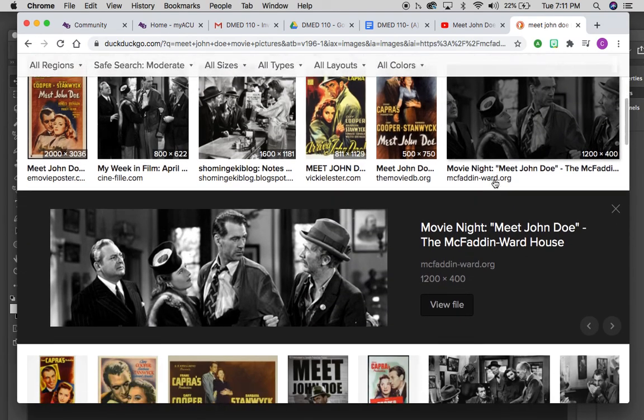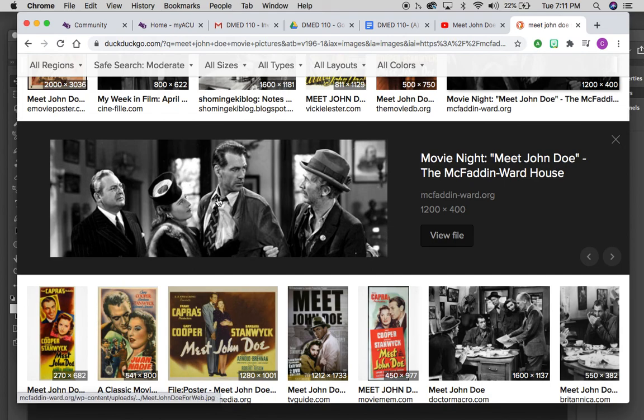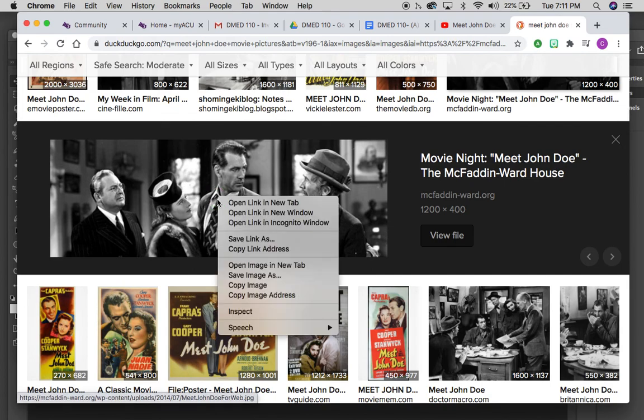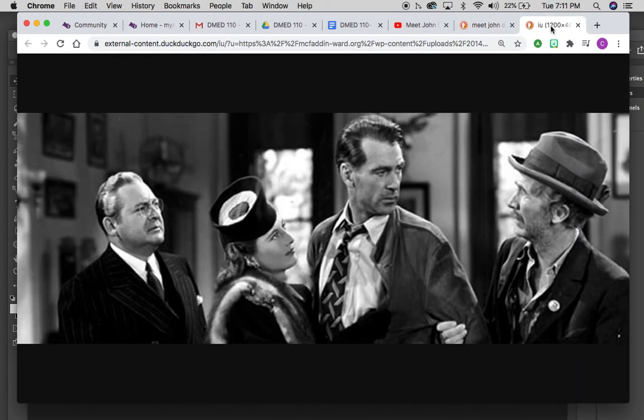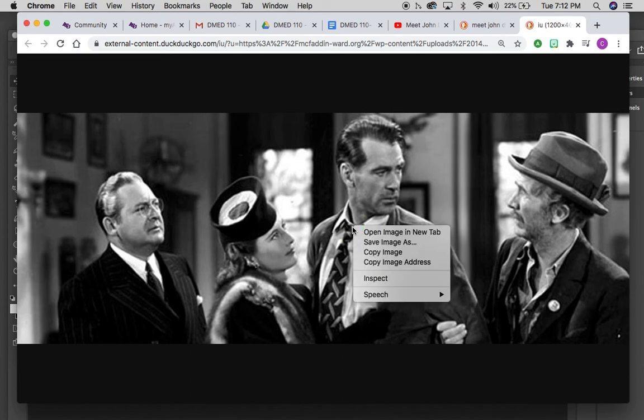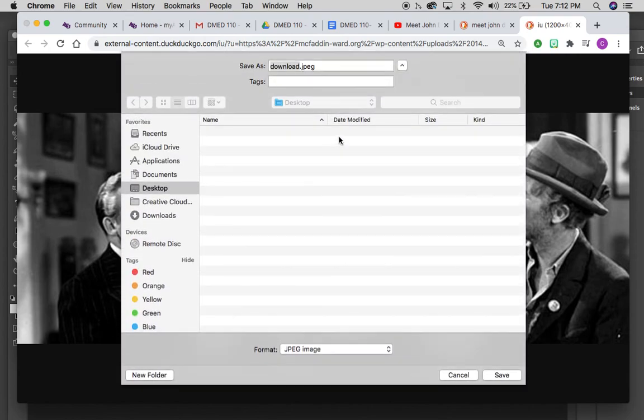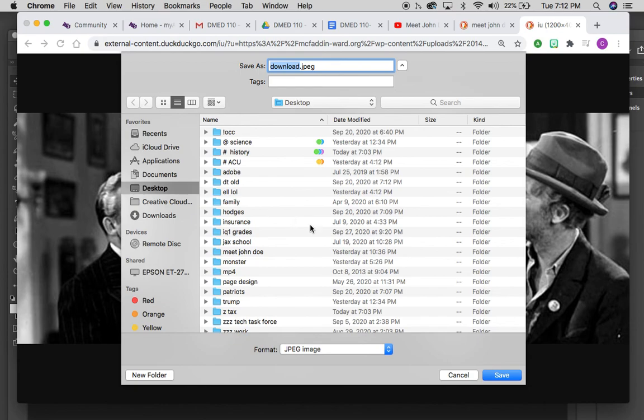If I could come down here and find another image, now this one might be okay. I can right click, save image as, and save it into my folder, or open this image in a new tab. Now that should show me a full size image here, so I'm sure I have a full size image. And once again, right click, save image or picture as, not copy, or not open image, or not save link. We're going to save image as, and then find my desktop,